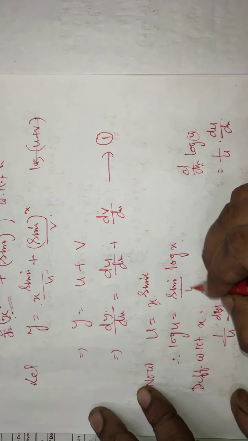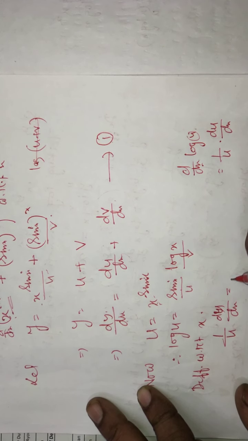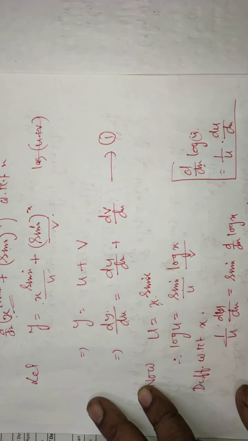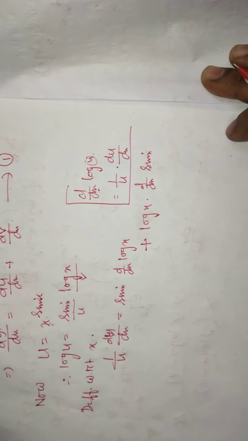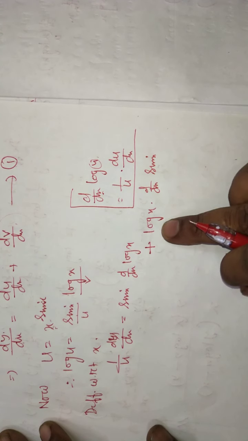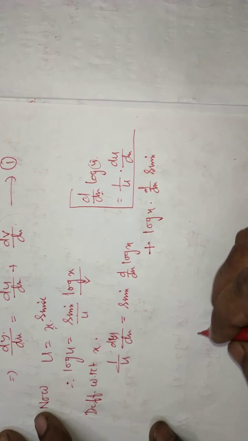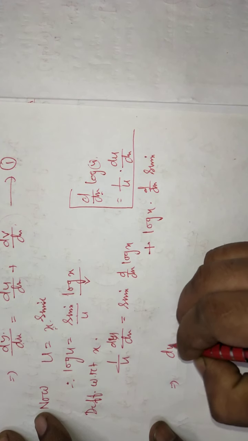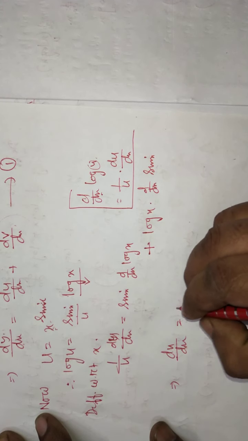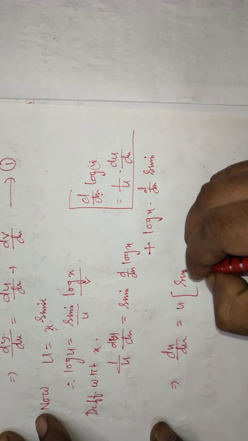राइट हैंड साइड विल बी अ प्रोडक्ट फंक्शन. दिस इज u, दिस इज b. Okay, so sin x into d/dx of log x plus log x into d/dx of sin x. I hope you are understanding. u into d/dx of b plus b into d/dx of u. So many a time already I have utilized this formula. I hope you understand. Then u क्या होगा, सबके साथ मल्टीप्लाई हो जाएगा u into sin x and d/dx of